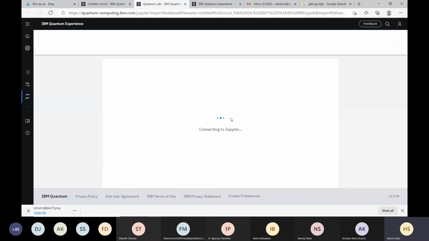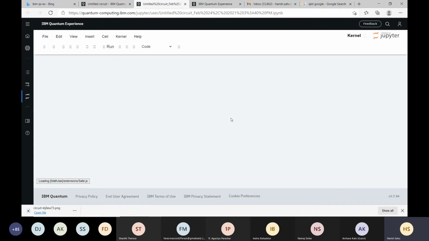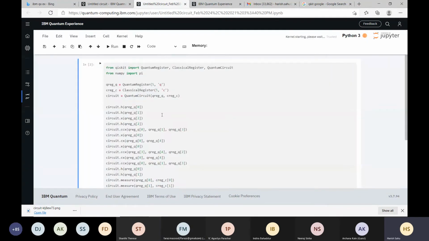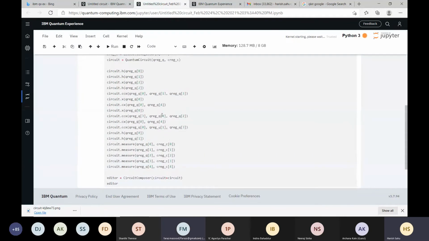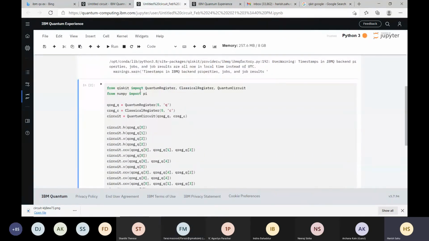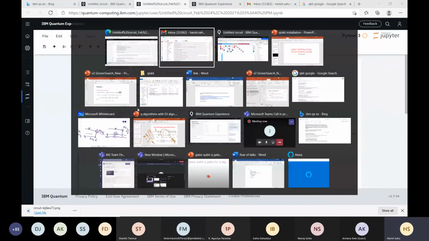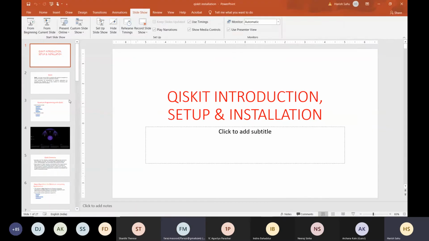So basically, it's another way to program, and there is Python syntax you can follow. So it is basically a Python-based environment. If you are good at Python programming, then you can program all the things, and you can do much more than the Composer in this environment. So that is called Qiskit. We will see how it is. So it is still online here. Okay, let me just go through the presentation first.